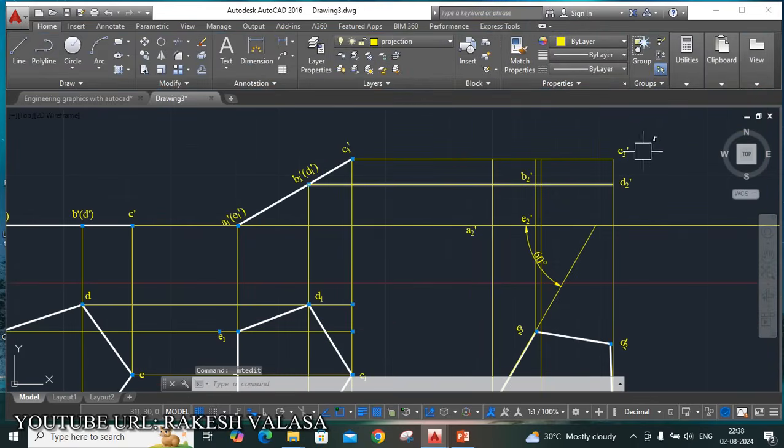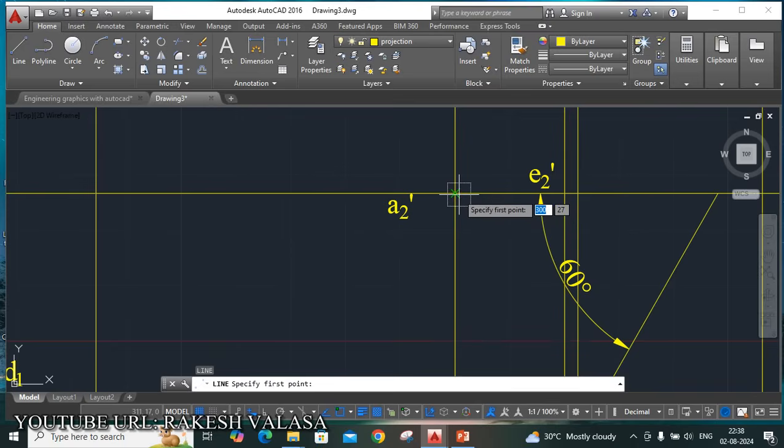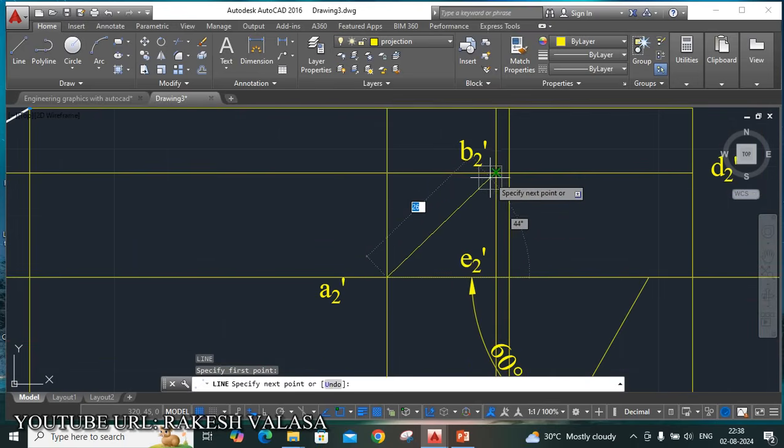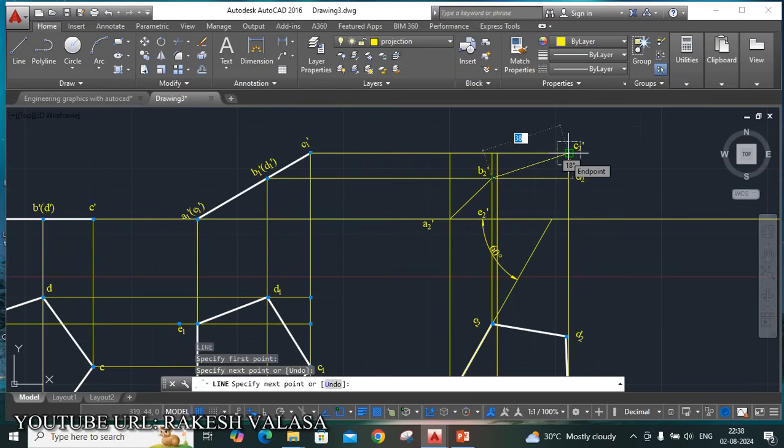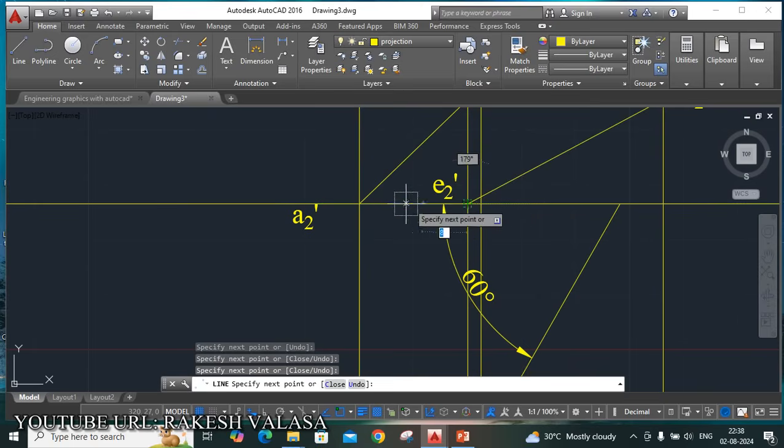Okay, now join those points in sequence by using line tool. L enter. This is the A2 dash, this is the B2 dash, this C2 dash, this is the D2 dash and E2 dash, then finally connect to A2 dash.